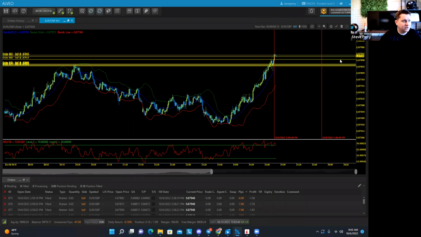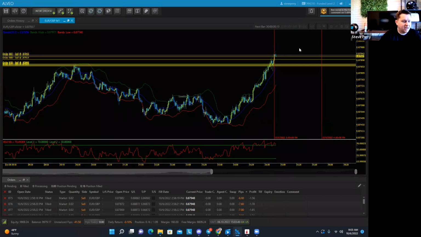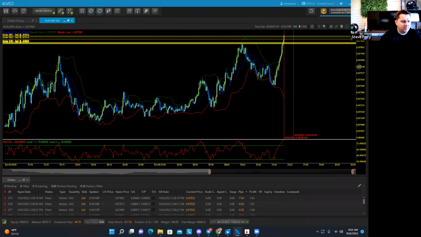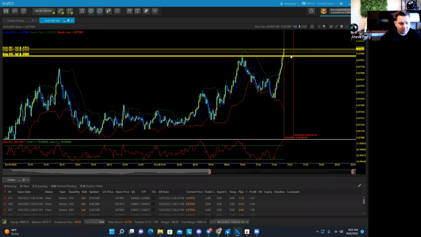And what does that opportunity look like? It looks like anything that starts breaking above the upper Bollinger Band. I don't know if you can really see it here, I'll move this out of the way, but we are definitely puncturing through the upper Bollinger Band, and it has to be on a 5 minute chart. I just use the standard Bollinger Band settings, I think it's 20 and 2 or something like that, whatever the standard settings are. A puncture of the Bollinger Band up here on a 5 minute indicates a signal